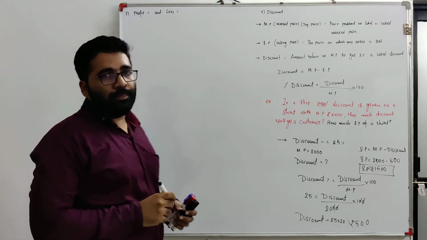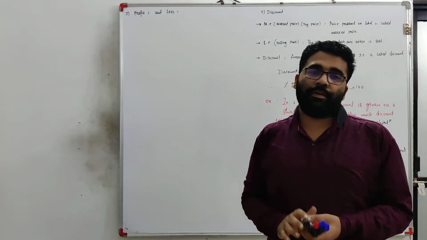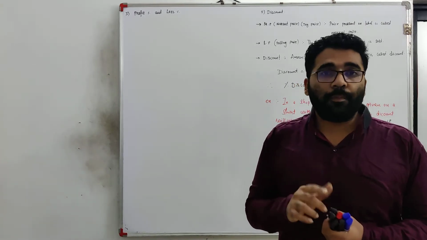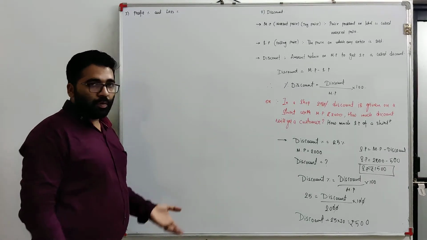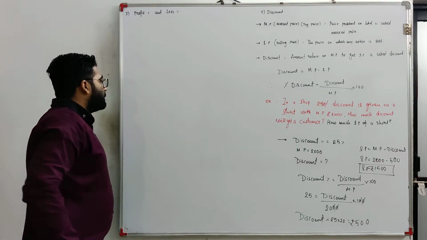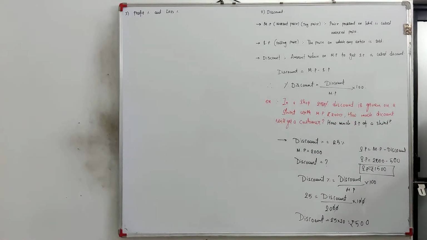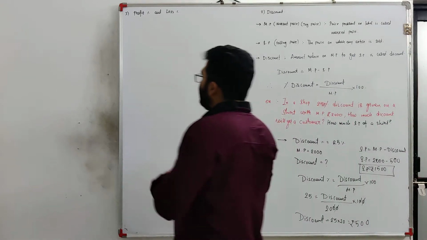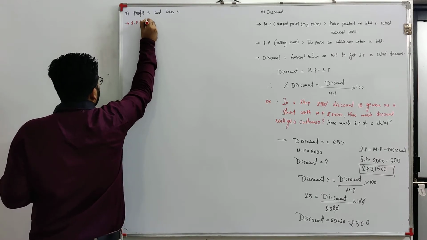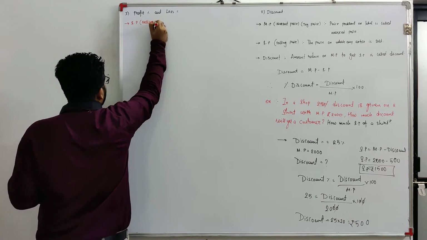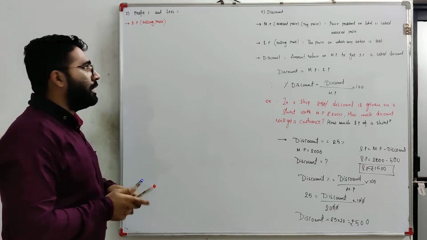Before moving toward profit percent and loss percent, first we have to identify what profit and loss are. But before that, we have to identify what the selling price is and what the cost price is. So let me see all the things one by one. So first one is selling price. What is the selling price? We can say that